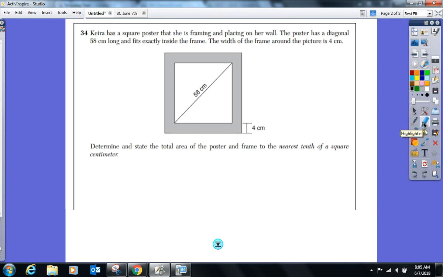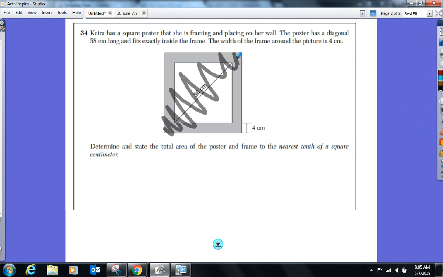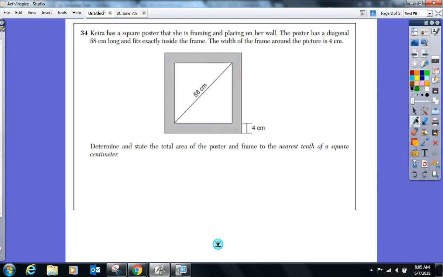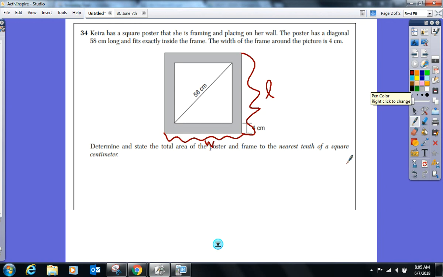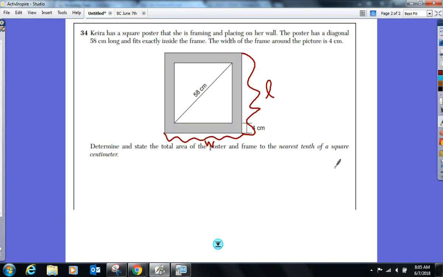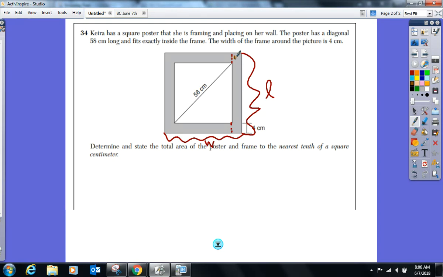Okay, first thing is make sure you know what you're finding the area of. It says determine and state the total area of the poster and the frame. So literally, it's this whole thing right here. We're finding the area of this whole thing. So what I needed to do first was find the length and the width of this poster right now. Find the length and the width. All right. How am I going to find this length right here? Well, I could find the length of the poster inside, then add on, anybody know what these distances are here? 4, yep. So whatever it happens to be, this length,